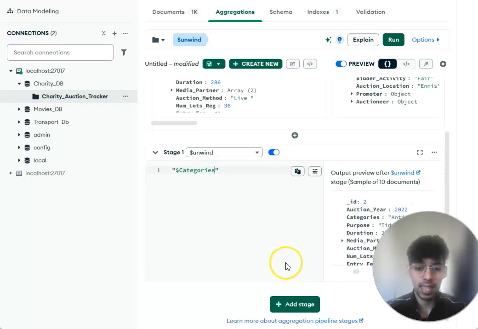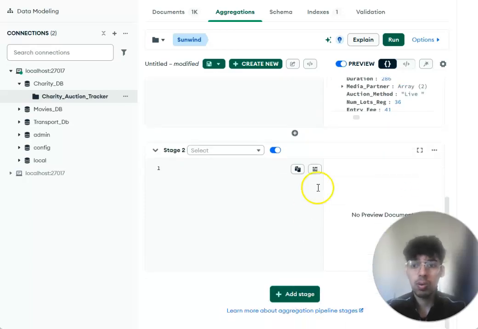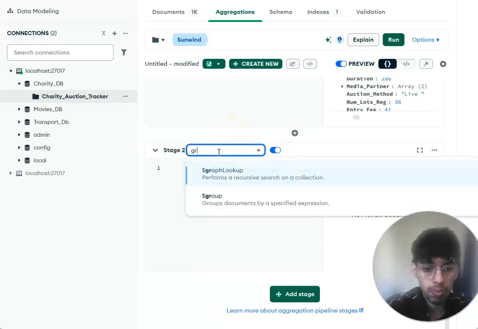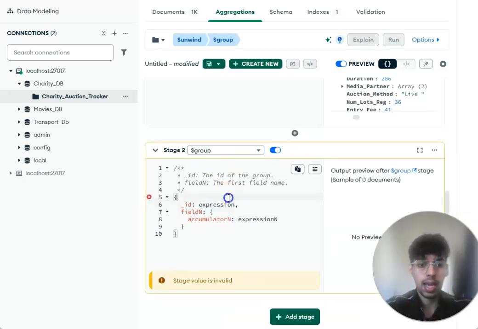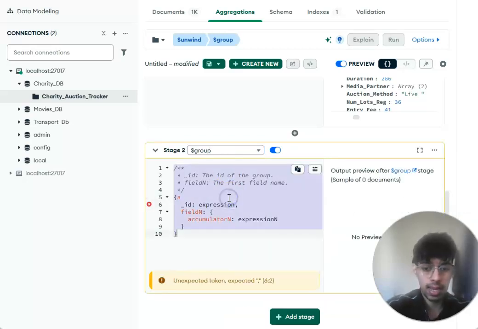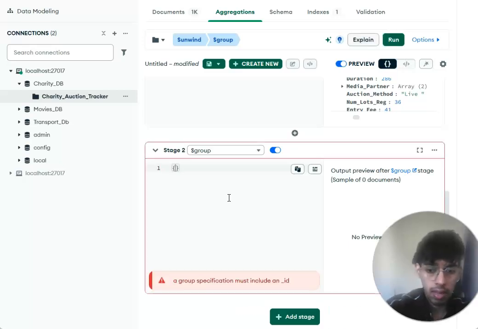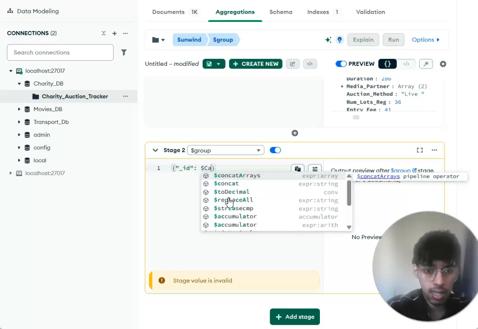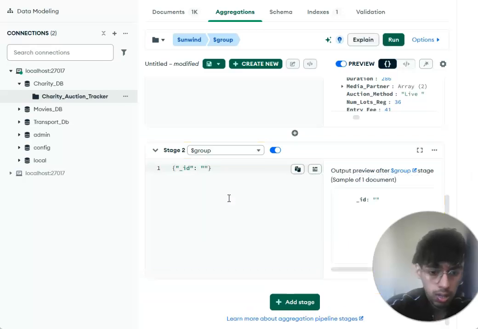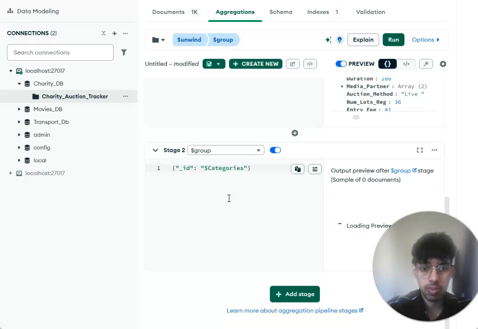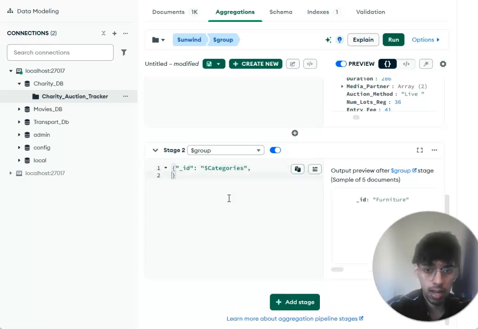Now I'll add the second stage, that is group. So I'll click on add stage again, and this time I'll select group, and just like we did, we'll clear the entire thing and we'll type the _id, which will be mentioned as "$categories". It should be in quotes. So "$categories", comma,